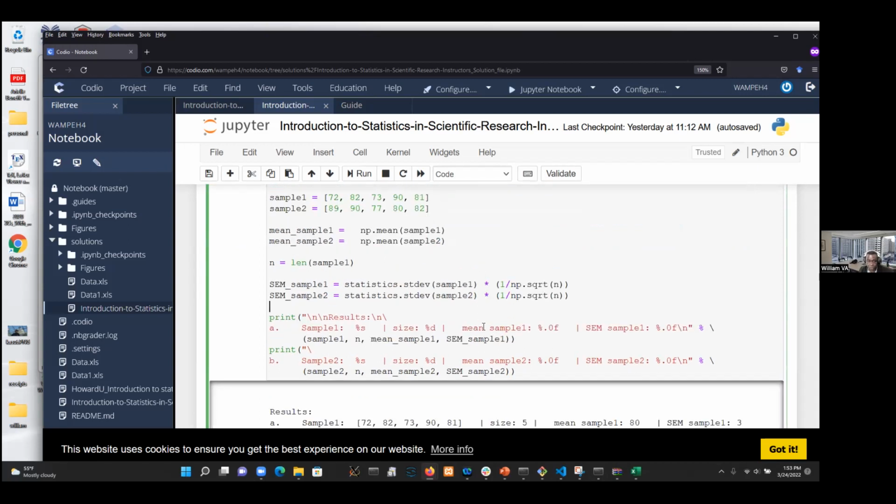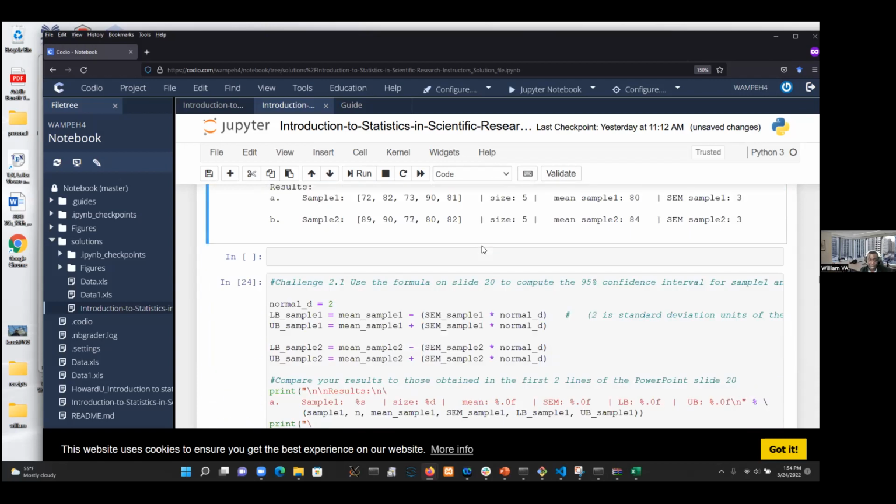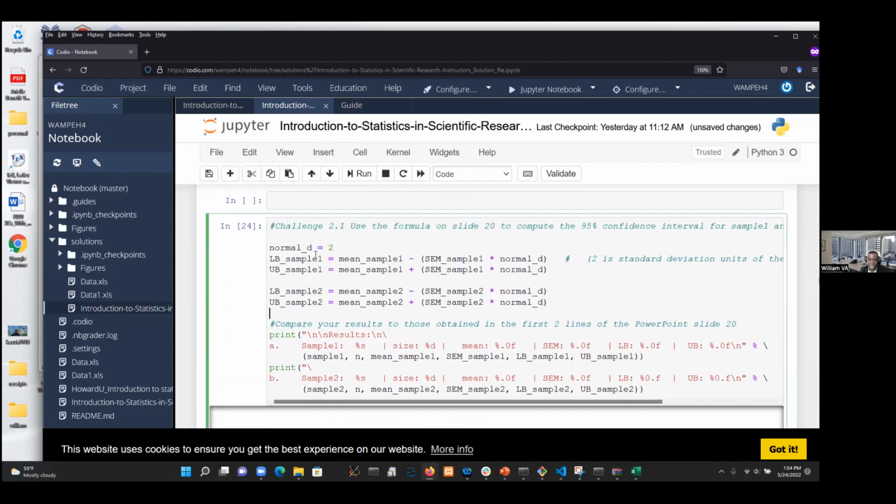Then the challenge we have is to display. You display using the print. So if I run this, I'm going to get a sample, the size, the mean, and then the SEM for each of the samples. If I can do it for this small sample, then I can do it for the bigger sample. And I can even do more. I can tag on what the upper and the lower bounds are, and then I can display it. That takes us through the confidence interval for slide